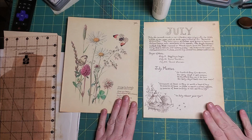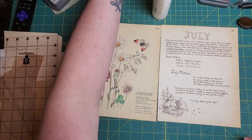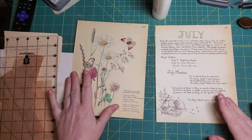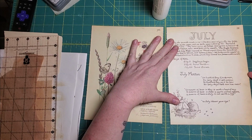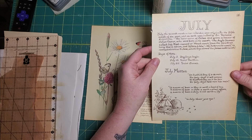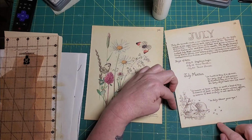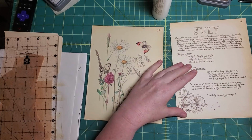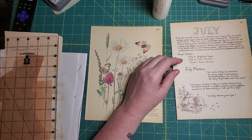We're back for another summer country diary using Edith Holden pages from her Country Diary of an Edwardian Lady. So today we are going to make a belly band. The first thing I want to say is we need page 76. And I'm going to use page 88 to make the background because I want this beehive. But if you want to save this beehive for something else, do so. There is, among these pages,